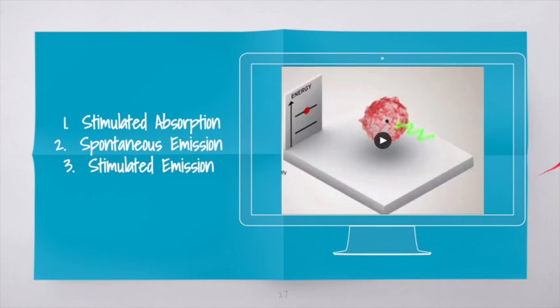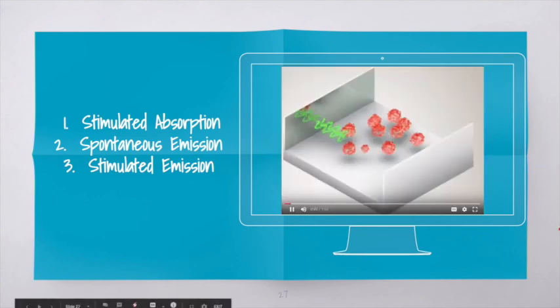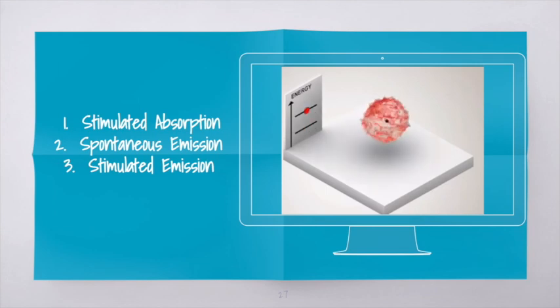So here's a visual aid of how this works. You have some light produced, and it is forced into the medium. That medium then has its electrons move to a higher energy state. When they're excited, they then decay or emit a photon. So one off-screen has decayed. This photon can then force the decay of a second electron, producing the exact same photon. You'll notice as you're watching this